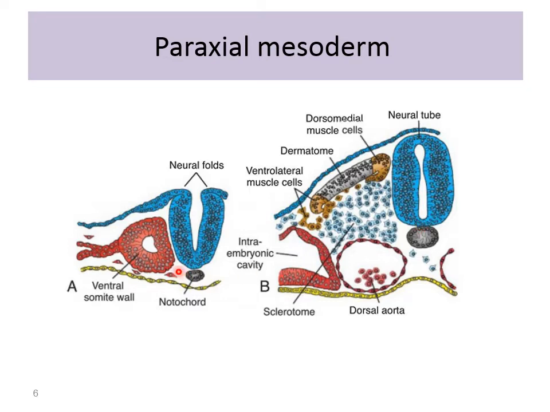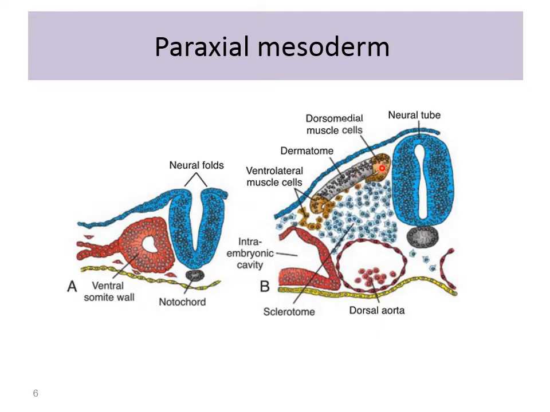The paraxial mesoderm, as it appears in this image, this is the neural folds. Later on, it closes to form the neural tube, and below the neural tube is the notochord. The somites, as it appears here, are on each side of the neural tube. Then it further differentiates